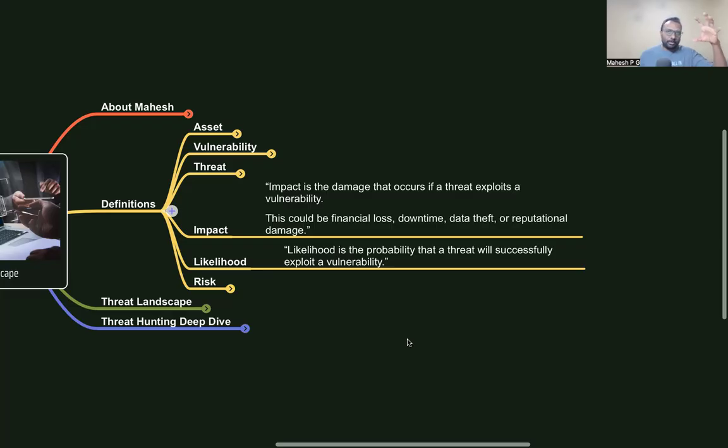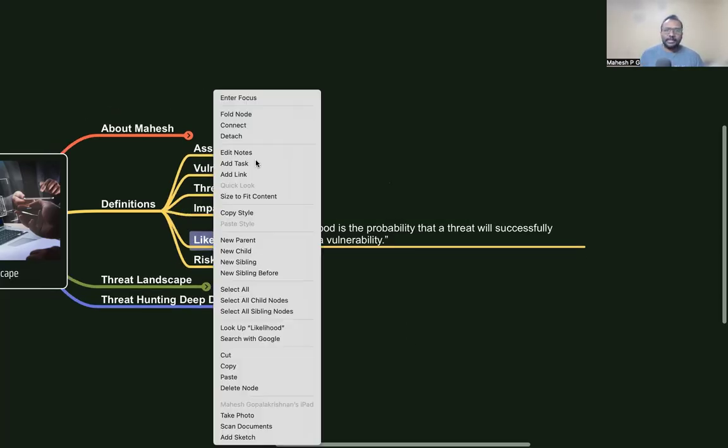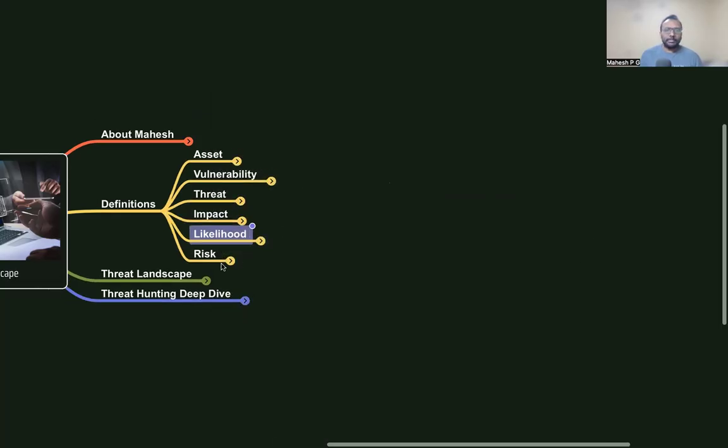If we have opened a lot of ports and we have a lot of unpatched servers, the possibility of getting an attack is very huge, right? And if we have an unpatched server but we have very limited type of access, then the probability is a bit lesser compared to a lot of opened ports. Okay, that is the likelihood, the probability of an attack or the threat exploiting a vulnerability.